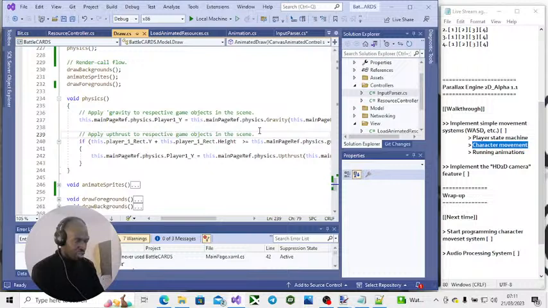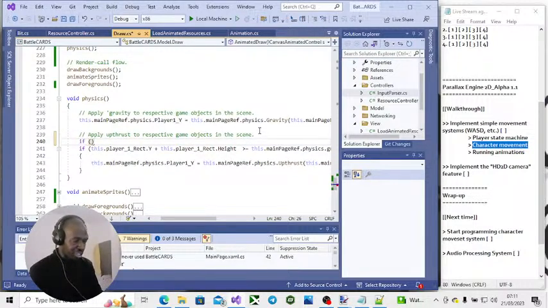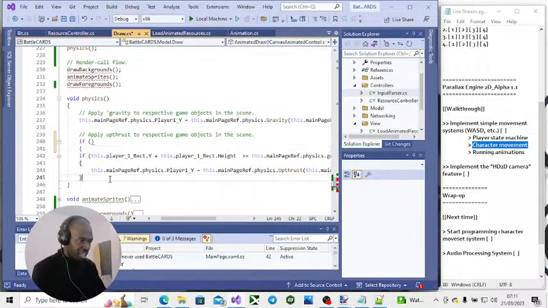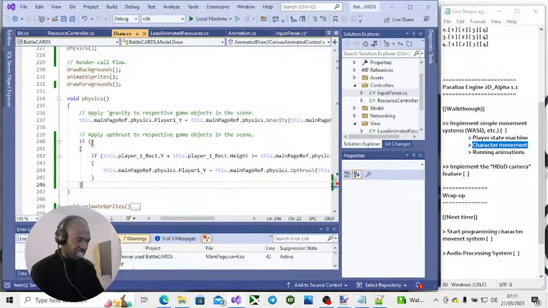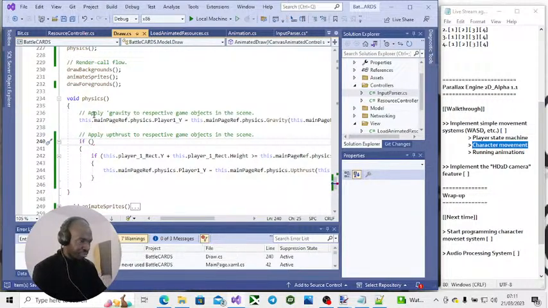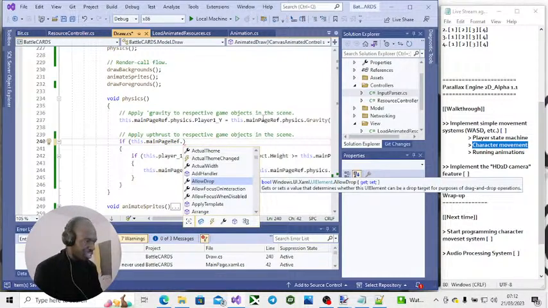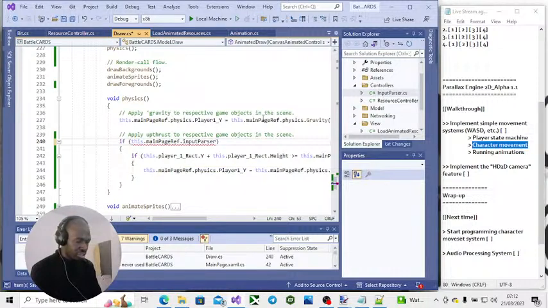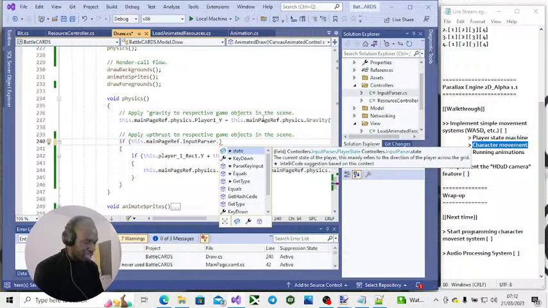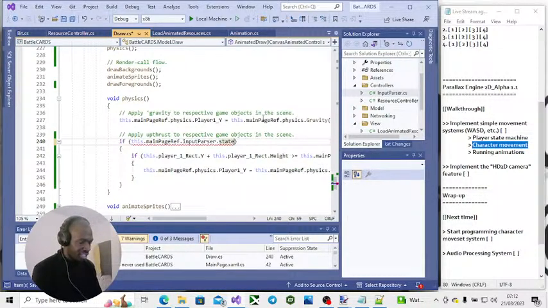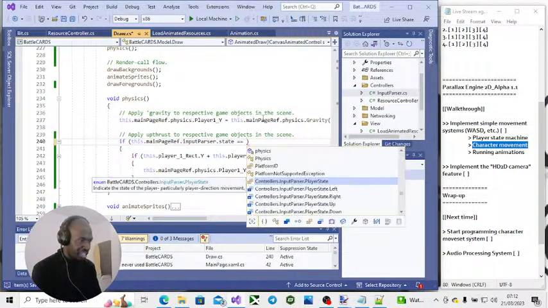So what I'm going to do is start making use of the state machine by checking for player state before I execute the appropriate action. So for example, if I reference my main page, which I think instantiates the movement-parser, as long as I made my state member public, I can access it now. And I can check the state for